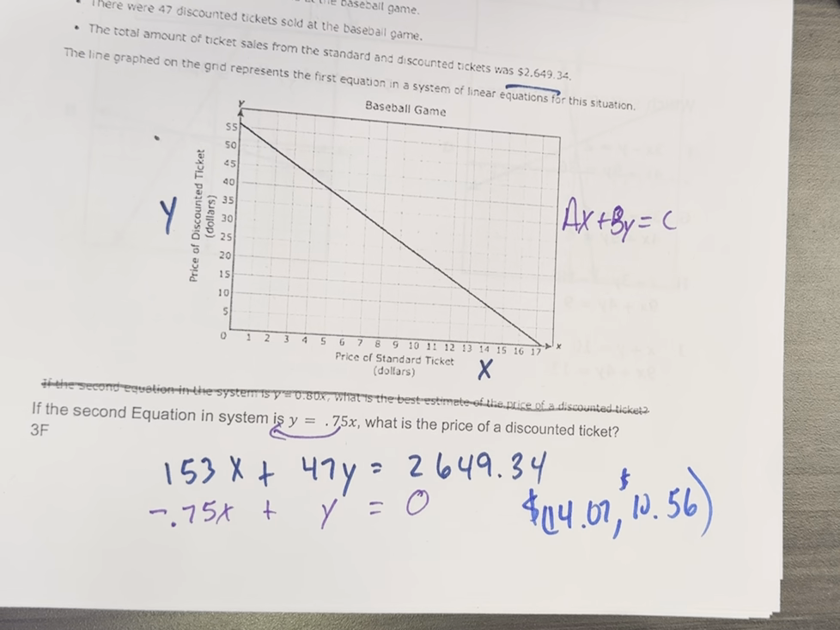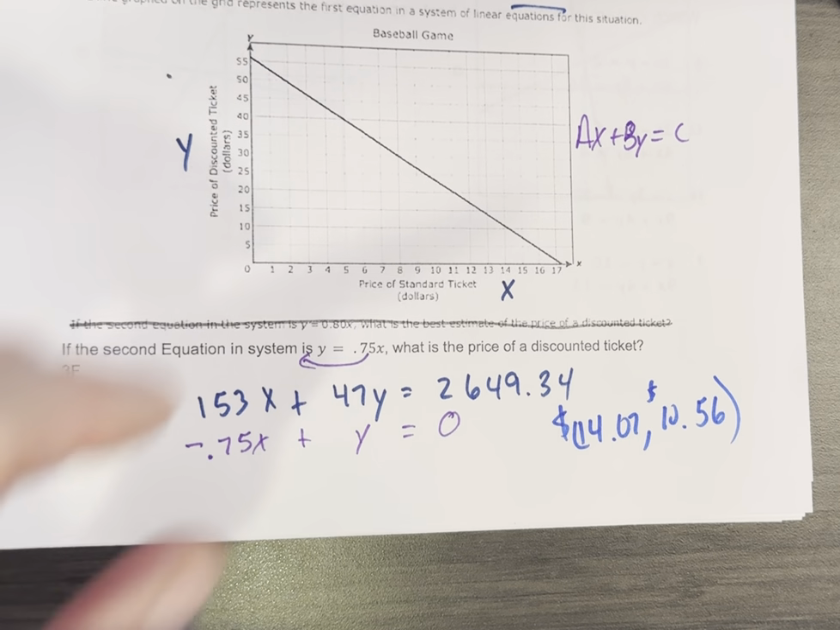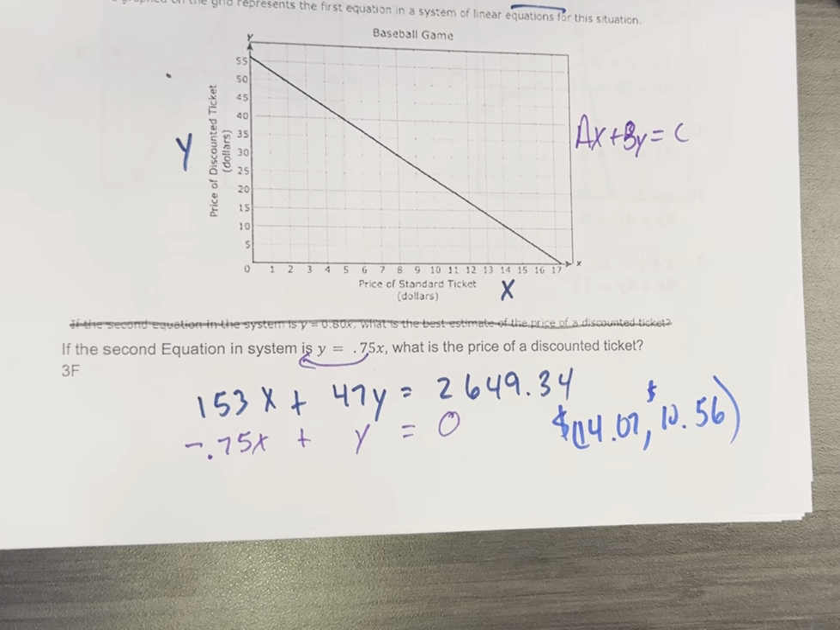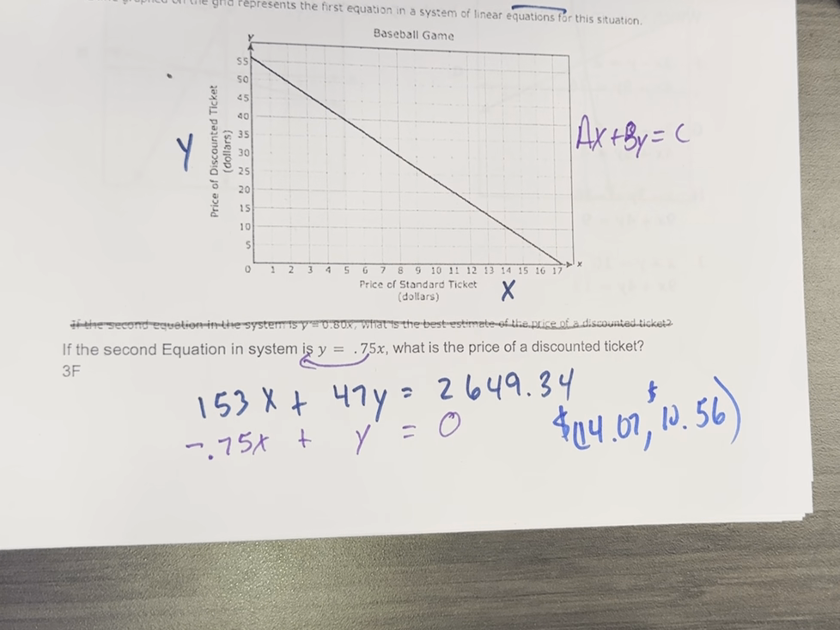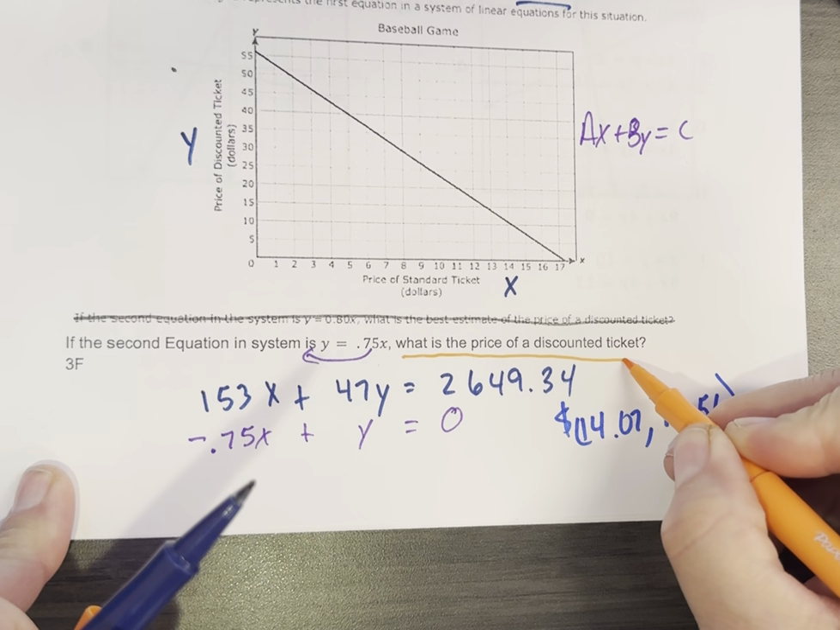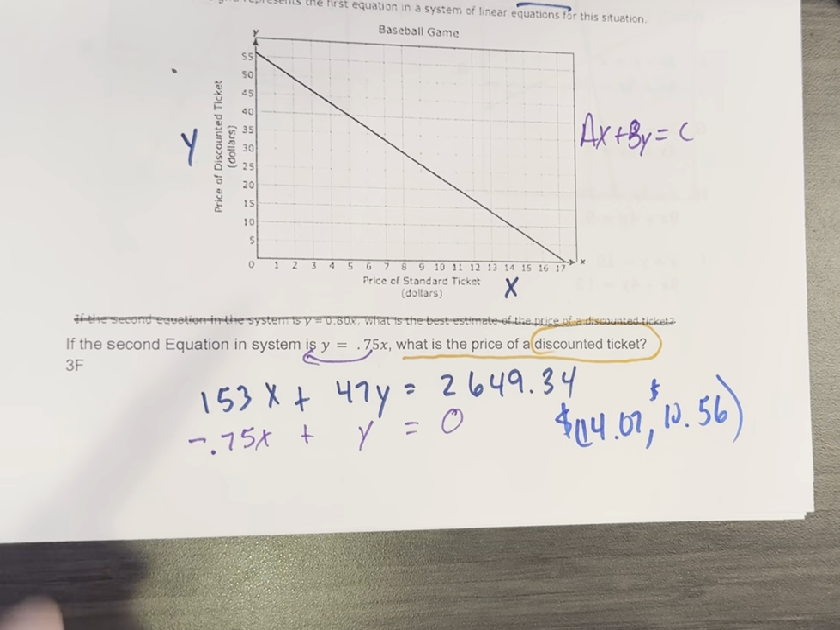Okay, what is our solution? Is it 14.07 or 10.56? So the first thing you might want to do is read the question. So find on the word problem where it has a question mark on the end. And it says, what is the price of the discounted ticket? There's your question mark. So which one's the discounted ticket? X or Y? Y. So our answer is